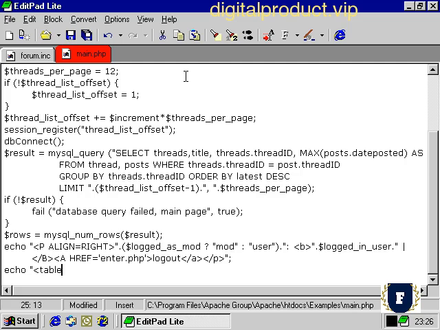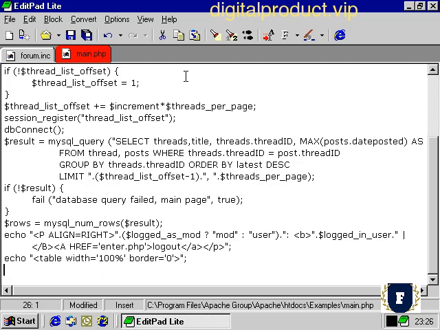Then we're going to store all the thread titles in a table on the page. And we're going to make our table with a border of 0, effectively invisible. First of all, we're going to set up something to identify what each of the columns means here. And in this case, it's going to be the thread title,